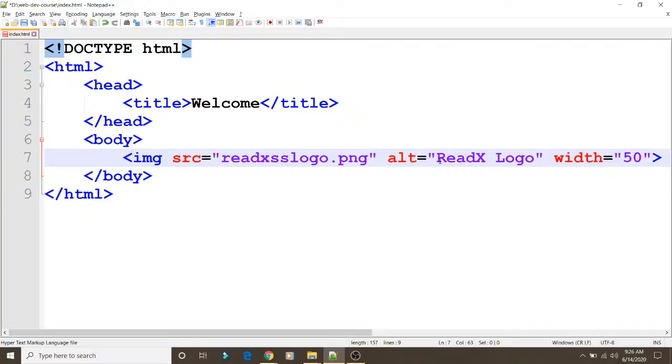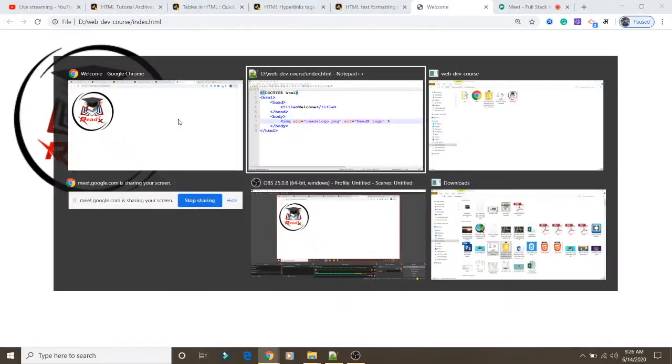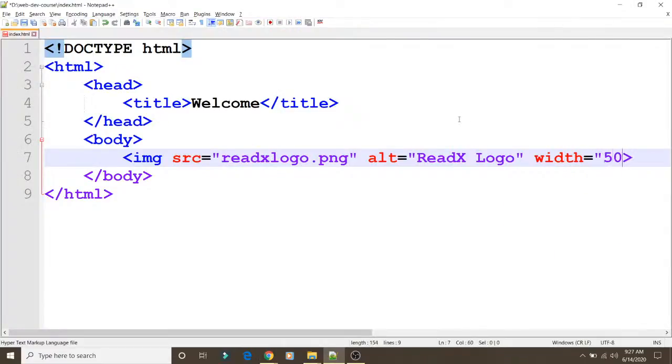So you can save that code and see in the browser. Suppose here the width is 50 pixel. If you want to check it out, just close this. You can see the width is this much, and now if you mention the width and the pixel value, it will be resized to that particular size.